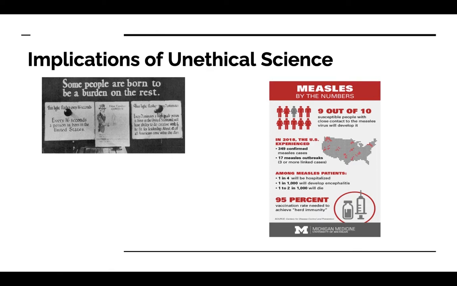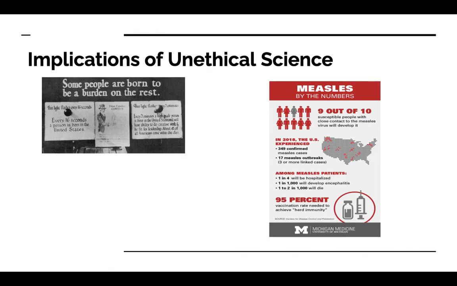And it's selfish, okay? This is an indirect consequence of the falsified study on vaccinations that we saw in this unit. People in these pockets were areas where people didn't tend to get their children vaccinated, and they said, oh, we'll just rely on herd immunity. Well, if we look at the statistic down here, 95% of a population has to be vaccinated in order to achieve herd immunity. That means if you have a population of 100 people, 95 people have to be vaccinated. If you have a population of 1,000 people, 950 people have to be vaccinated. So essentially, virtually 100% of the population has to be vaccinated, okay?